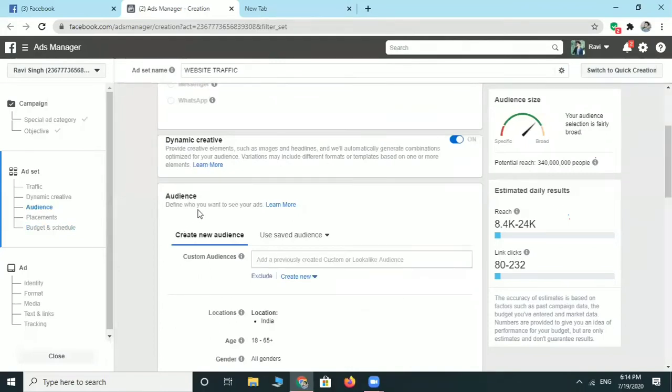There is an option here of creating an audience. What kind of audience do you have to choose? Like when you see here,